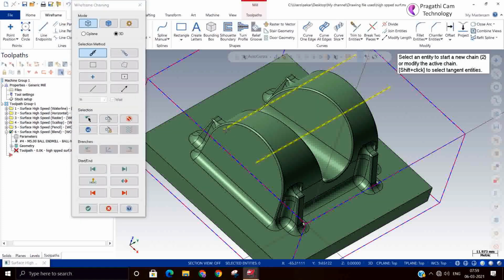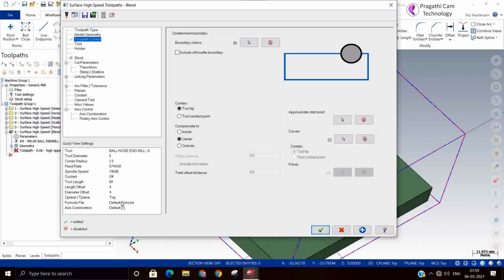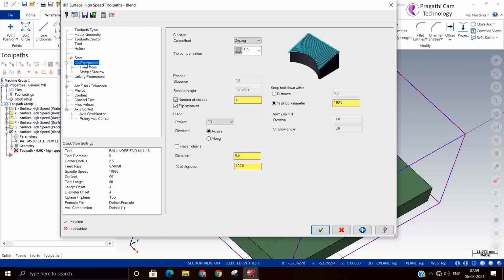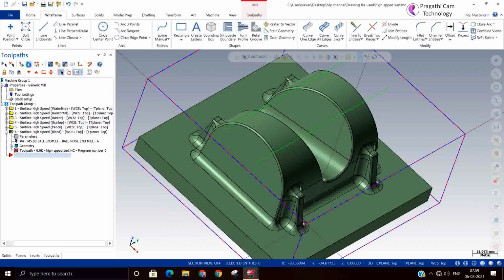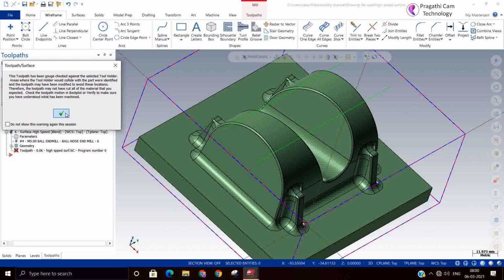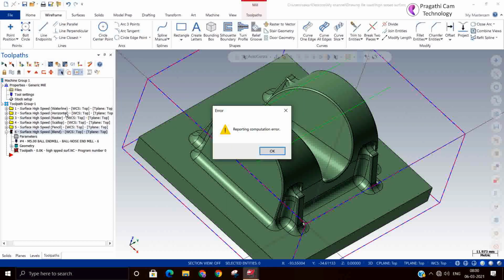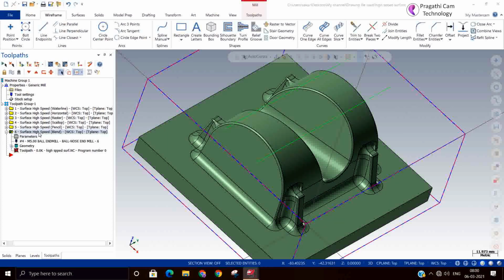Okay. Now I'll change to 25 passes. We just need to understand what it is. 50 passes I have given. Okay. It's giving an error. It's not giving the result.